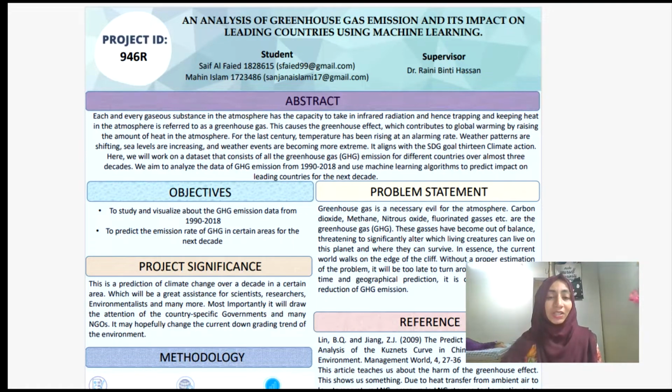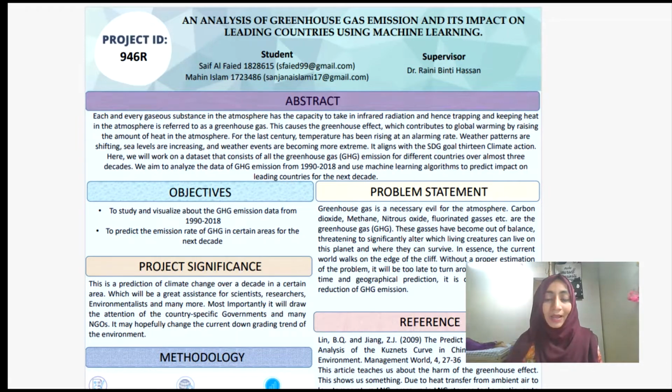Every nation and every continent is being impacted by climate change. It is harming people's lives and upsetting national economies. Weather patterns are shifting, sea levels are increasing, and weather events are becoming more extreme. So it aligns with SDG 13, which is climate action, and hence we will work on a lot of